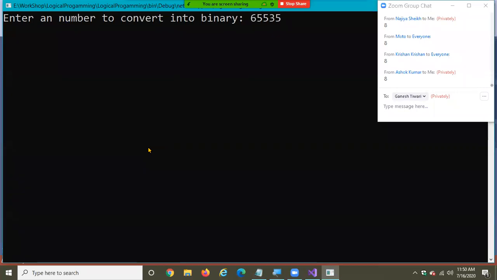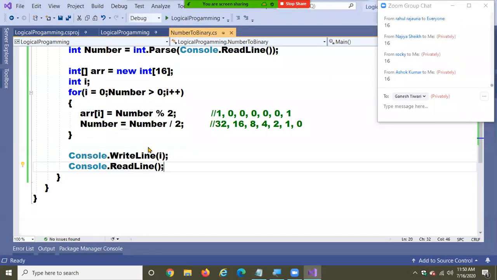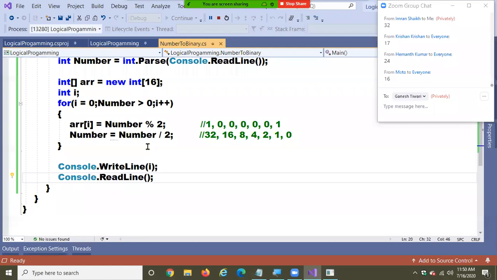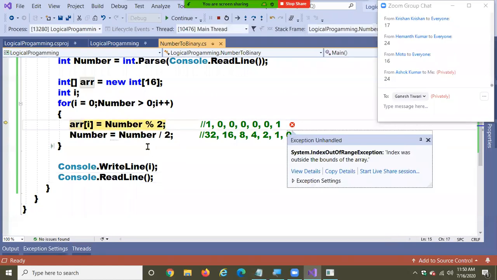65,535. 16. 65,536. Error. Why error? It is more than 16 here.